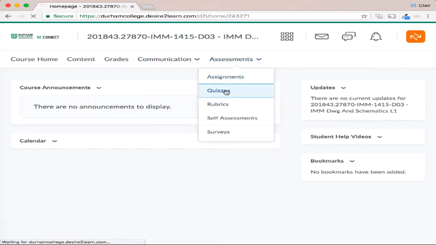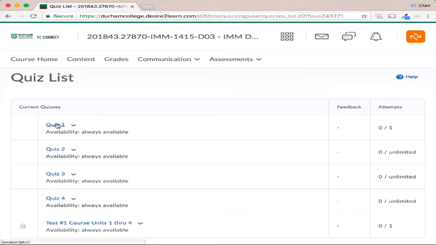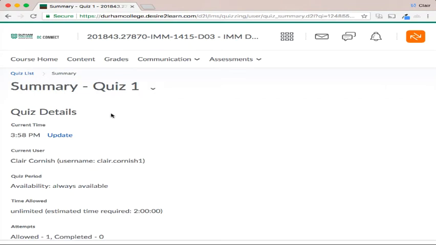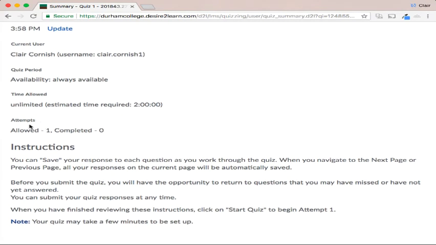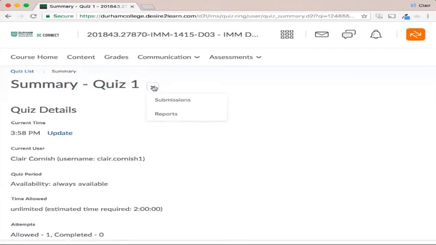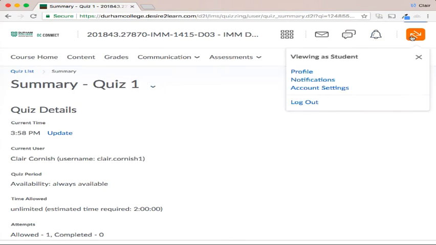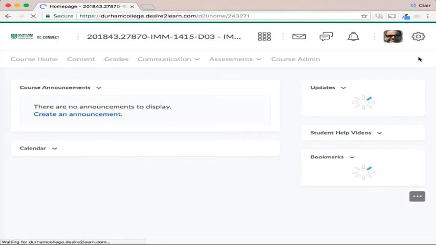So I go to quizzes and I click on quiz number 1. You're going to see quiz number 1. You're going to be able to know when it's available, how much time you have, and how many attempts you're allowed. For this particular quiz, I allow you 1 attempt. Some of them are unlimited, and the computer is set up to take your highest mark. So you'll see these, and then what I'm going to do is switch back to my view,